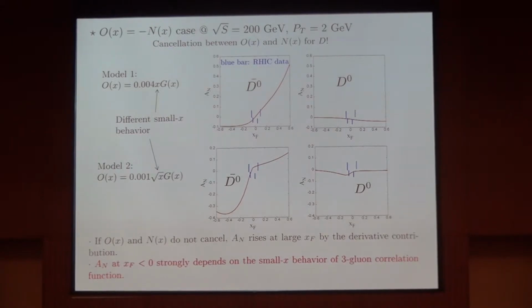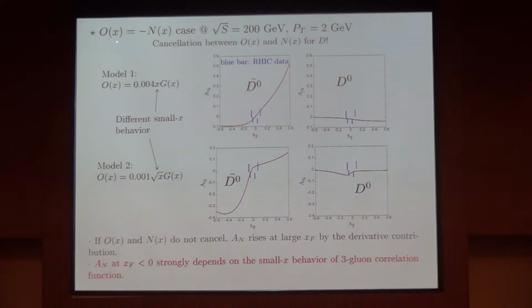This is an example calculation, because we don't have any information about the three gluon correlation function at this stage. We just saw what kind of asymmetry is caused by some choice of model of the